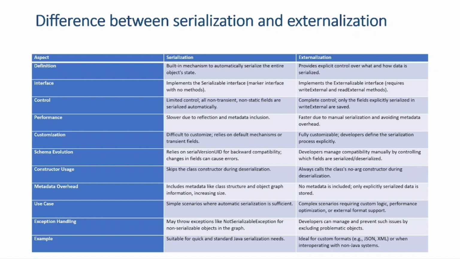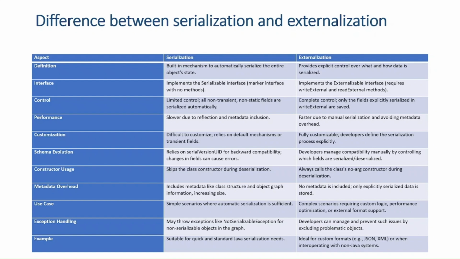Next, serialization is slower due to reflection and metadata inclusion. Serialization relies on reflection to inspect the object structure, so any fields, data types, and modifiers which you have declared, at runtime. This process adds computational overhead, especially for large or complex object graphs. What is